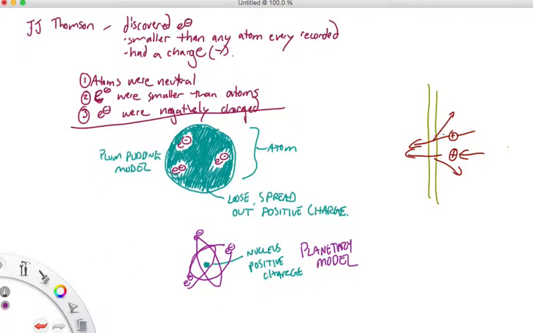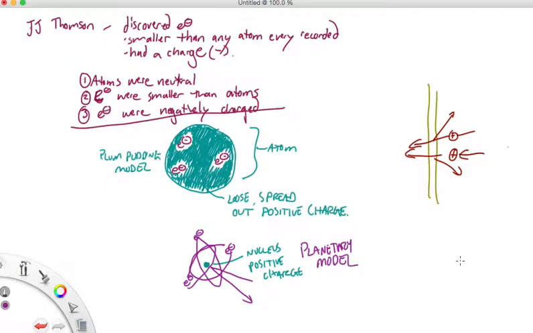So again, these particles did not all rip through. Some of them bounced back, and that's consistent with this. If you have atoms that are made up like this, most of the positive charge is not even going to hit the nucleus. It'll go right by it. But sometimes it bounces off, and when it bounces off, it's going to come back as if it hit something very massive. And that makes sense. So those are the two models so far.